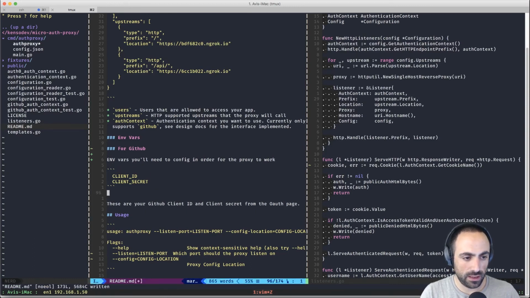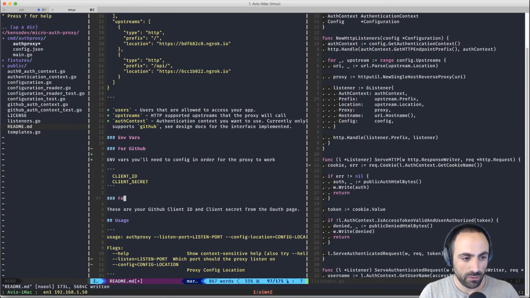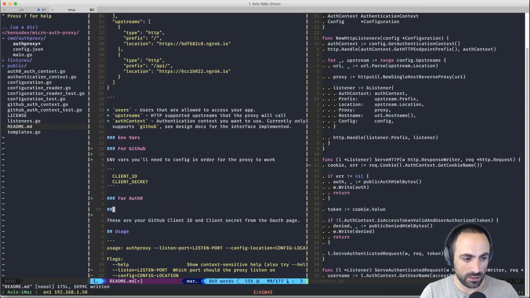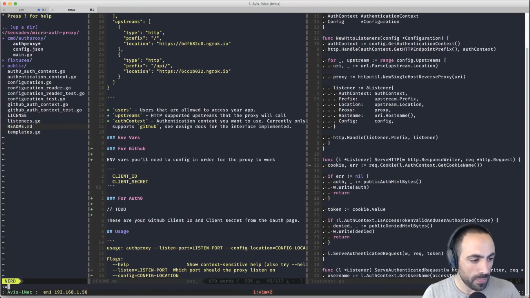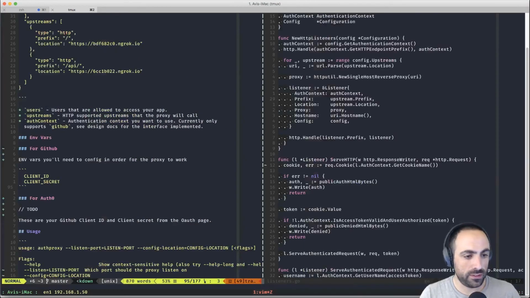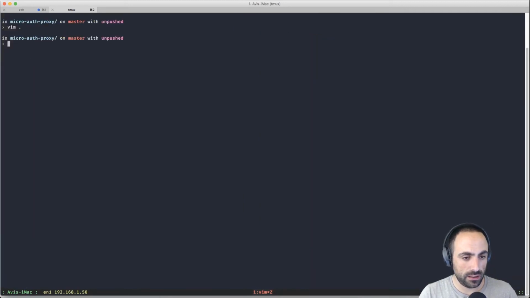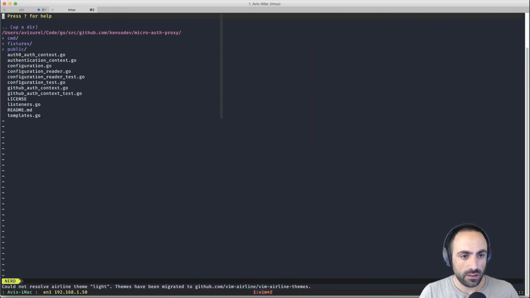Great. And then here, this is going to be for Auth0. And let's add a to-do here. Great. Awesome. And here. Great.